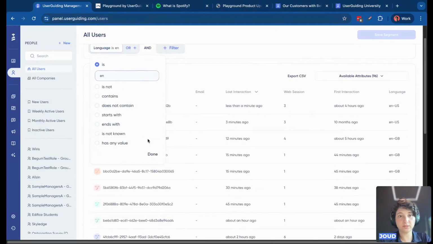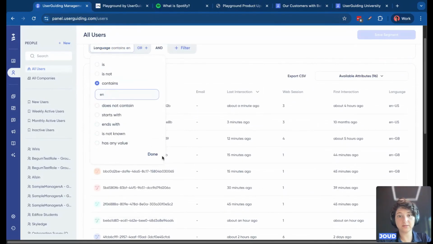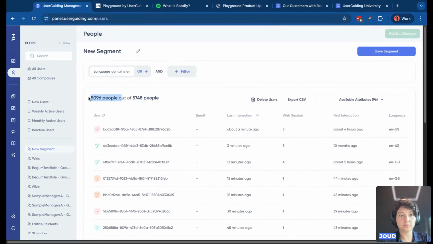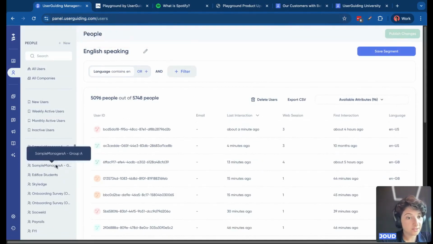Language, let's say contains EN, English. Right over here, it shows 5,096 people out of 5,748. So you can say this is English speaking, save as a segment. Oh, we'll have to delete some, but let's